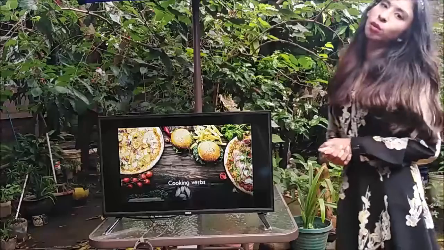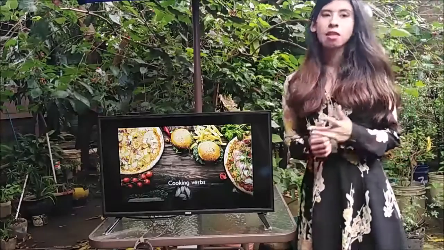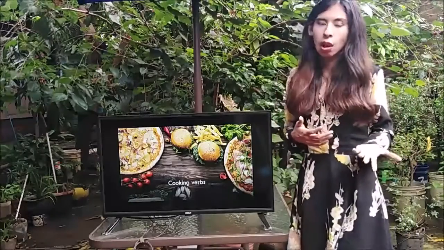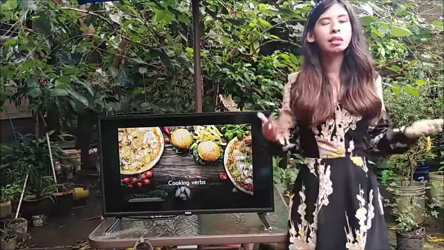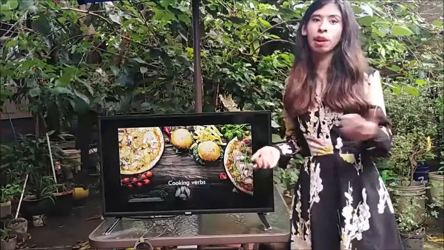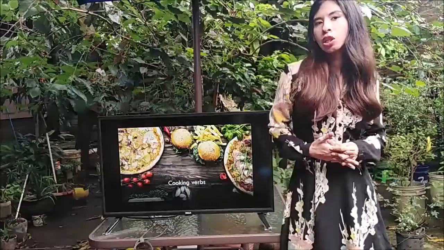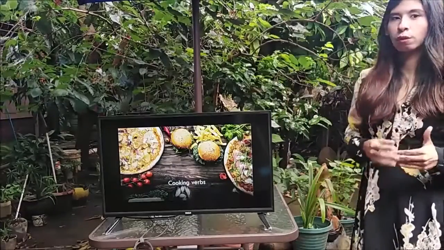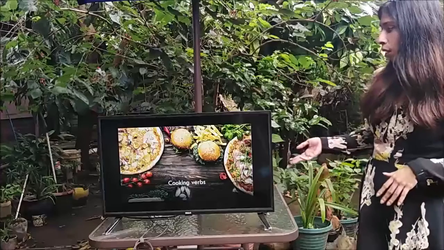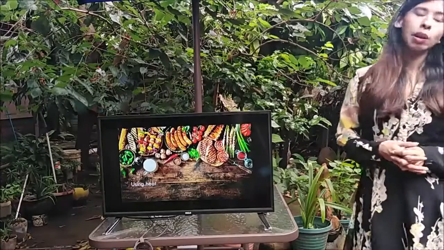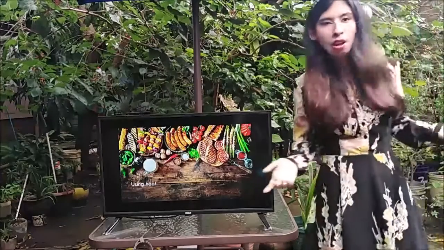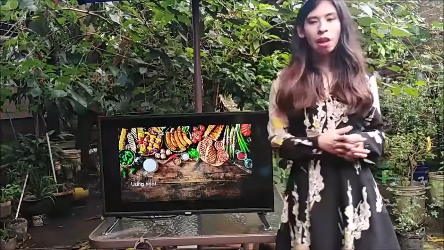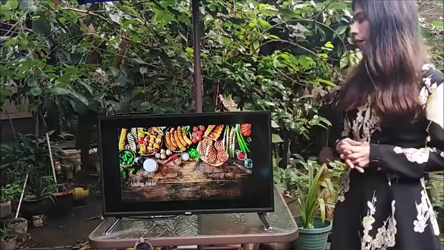Then we move to the cooking verbs. The cooking verbs are the actions that will help us explain the different processes that we go through whenever we are preparing food. So, we may separate the cooking verbs into different categories. So the first one is whenever we are using heat, either fire or any other heat source. The first one we have is